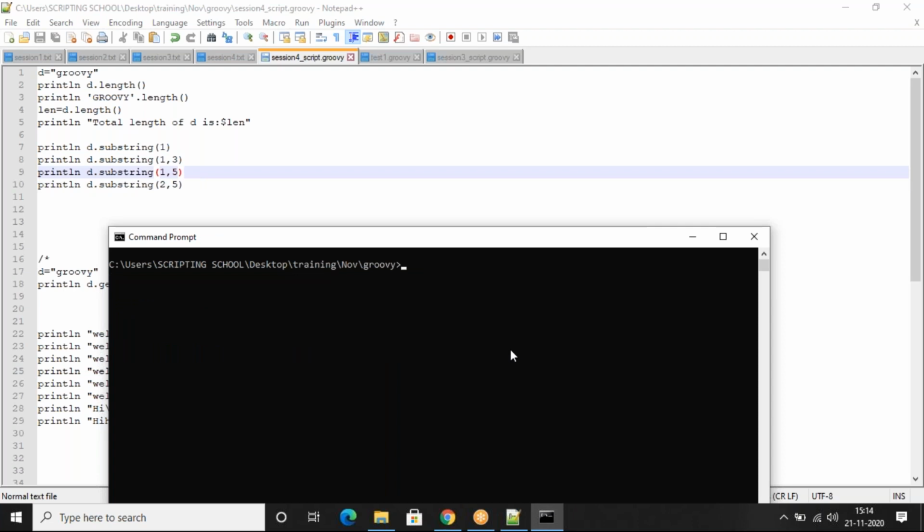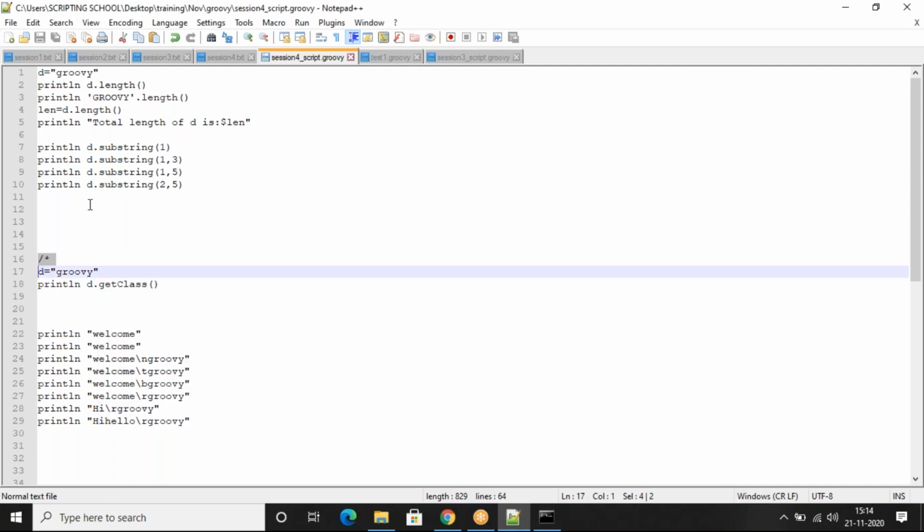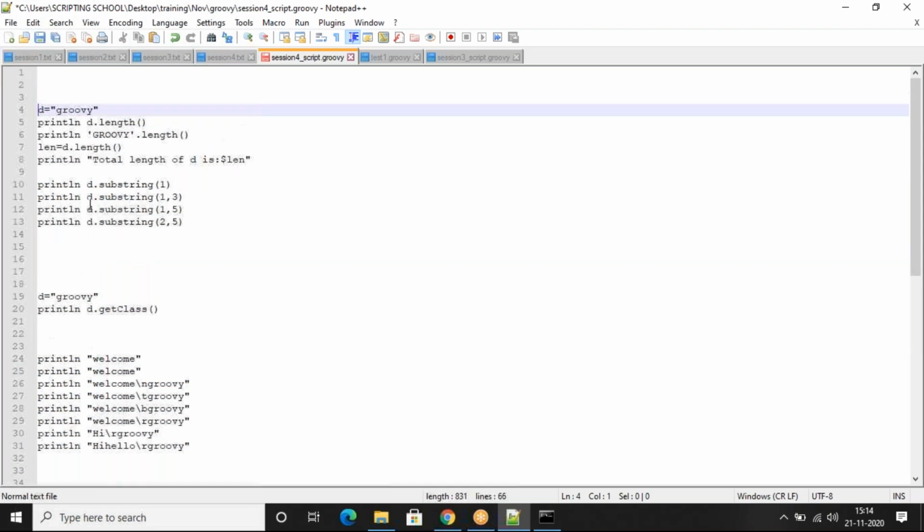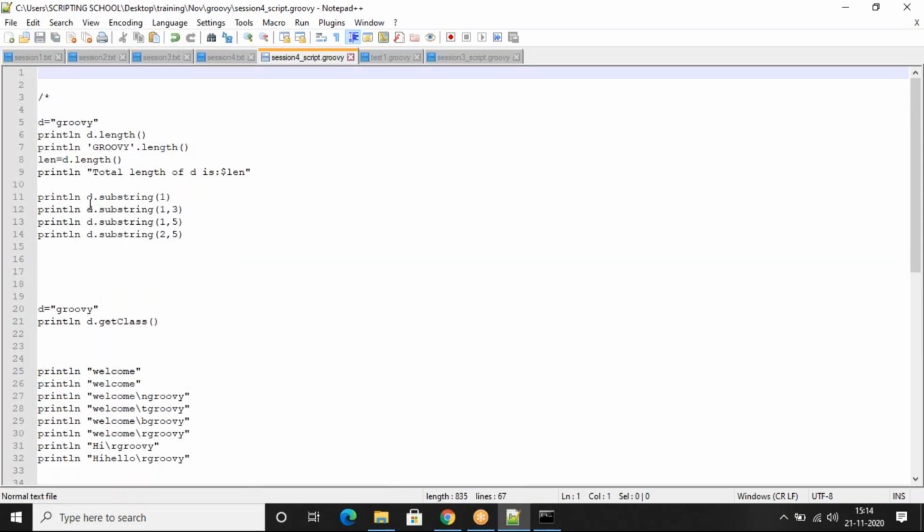This is a substring. So if you want to take one partial string, then we use this. And also you can use it for a variable, or you can also write one string directly, then you can apply it directly also. For example, I'm using println directly, and then I have a Groovy script, and then I'm using dot substring, and then 0,